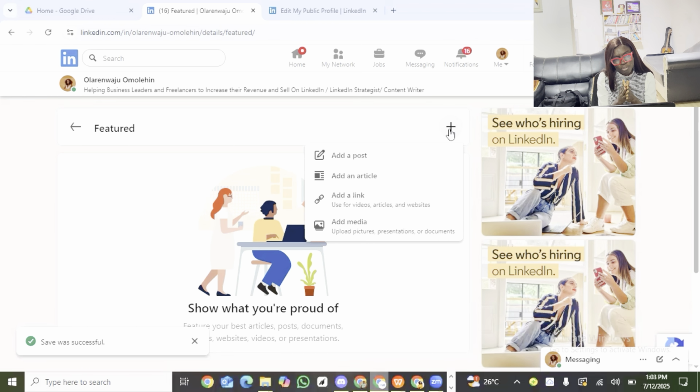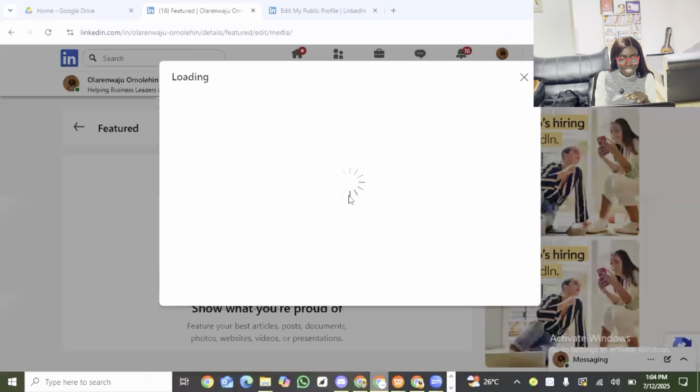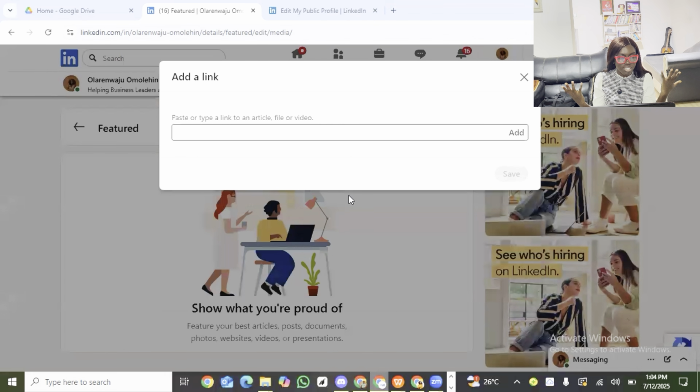Like I said, your profile is meant to make your prospect take an action. It's meant to be a landing page. So if you're adding posts that had a really good reach to your feature section, to what end is that, right? So you want to add a link, and so links to different things that you can call yours, right? It could be